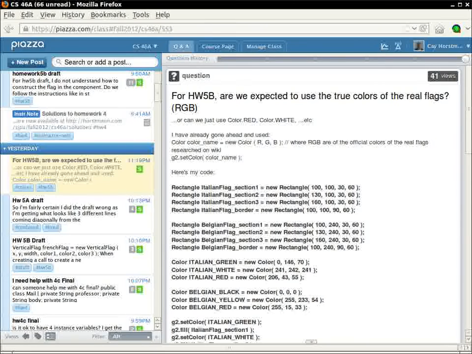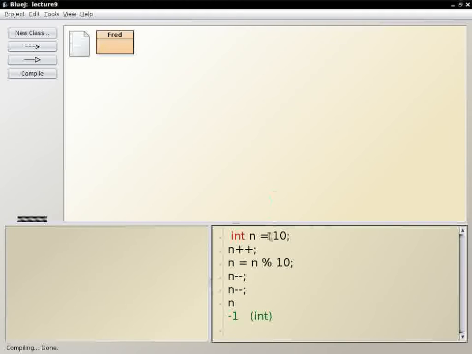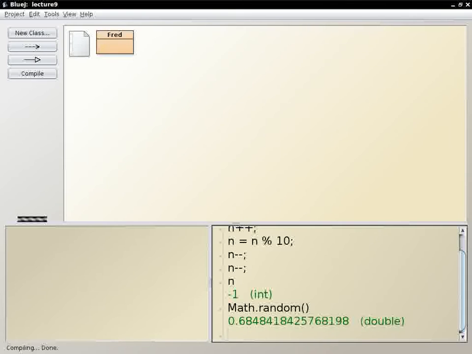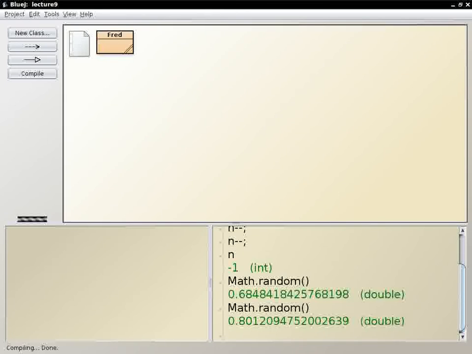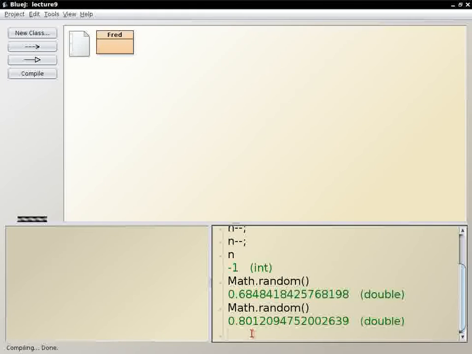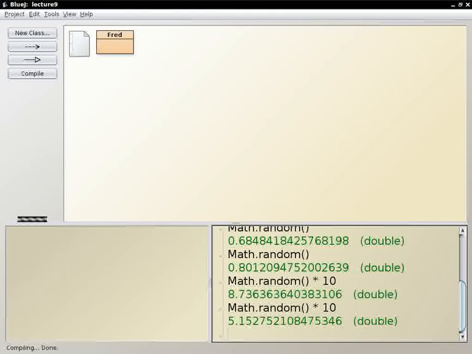Oh, okay. So his question was, and that's a good question, and it actually happens in one of the labs. How do you make a random number between, well, we know how to make a random number between 0 and 1. You call math.random. It's always from 0 to 1, but now I'm going to ask the question that I thought you were going to ask. What if I want to have one that goes from 0 to 10? So then you would just multiply by 10. And now you get one that's random between 0 and 10.